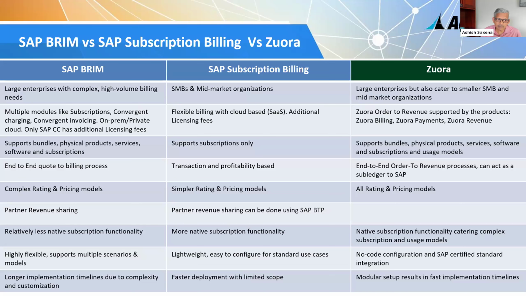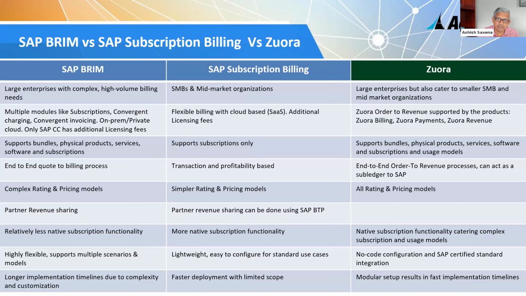You should look at BRIM and Zuora as options if you're migrating from an existing subscription model or usage solution, whether it's SAP CRM or any other tool. I also look at bundling because subscriptions alone, as Petra mentioned, there are different models and new models are evolving. You should look at the different rules which are available and advanced variant configurations which can be leveraged as well. And then lastly, I would point out that RAR is a must-have in most of these scenarios